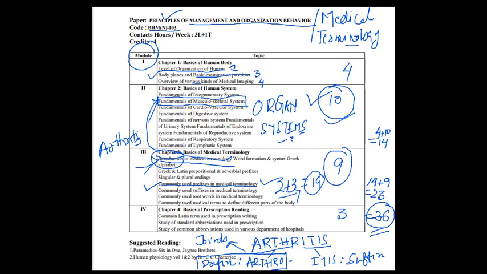Okay. And finally, the overview of various kinds of medical imaging. Herein comes a bit of detail. Medical imaging means image, you know what images are. So to draw something of a real is an image, or to find some impressions that are of the real is an image, right? So obviously,